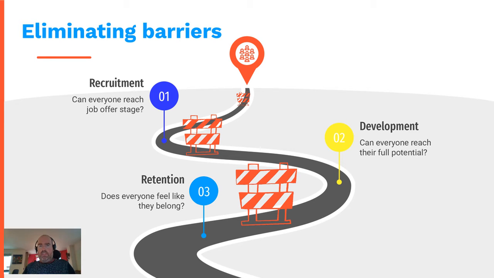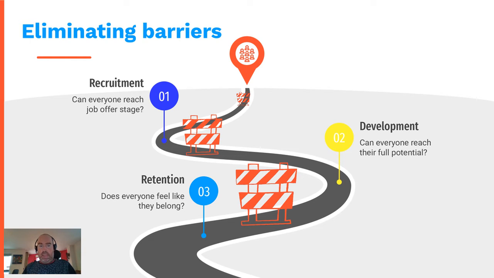So if you think about your organization, I've oversimplified this, but effectively, somebody is attracted to come and work for you, or you go out searching for talent, and you let them know that you're there and you're looking for new talent to come into the business. The journey into your organization has the potential of people coming across lots of speed humps and roadblocks. So the things that might slow them down in terms of coming to work for you, or things that might prevent them from working for you altogether. So there's all sorts of speed humps and roadblocks in recruitment.